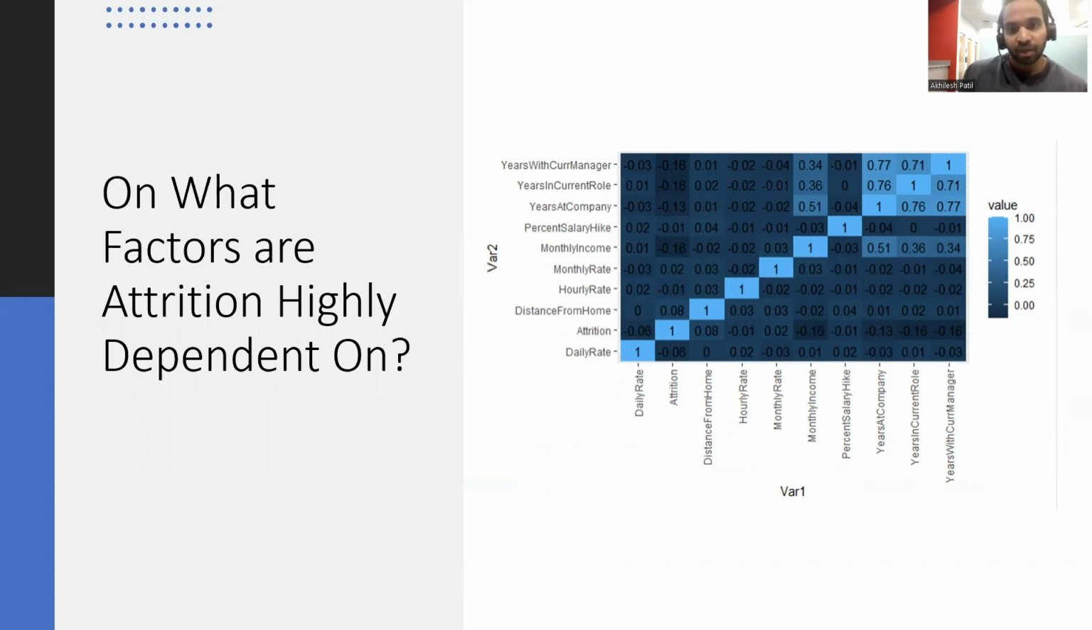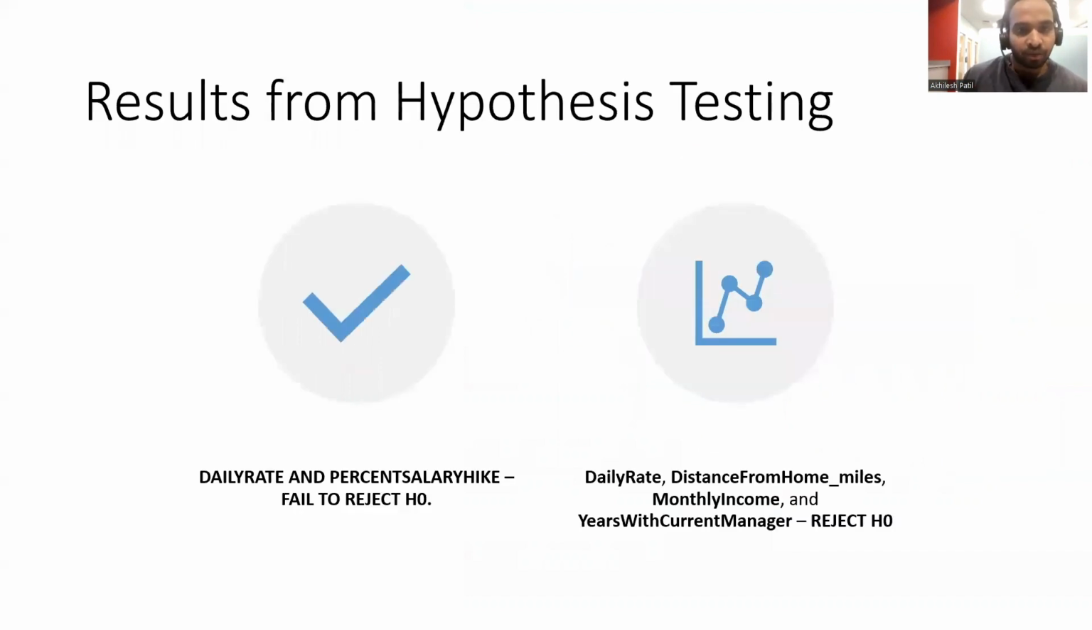So we found that certain variables, such as years with current manager, years in current role, and years at a particular company, from the correlation heat map, suggested that they had a high dependency on the attrition rate. So finally, as Filip also explained, from the hypothesis testing, we could conclude that